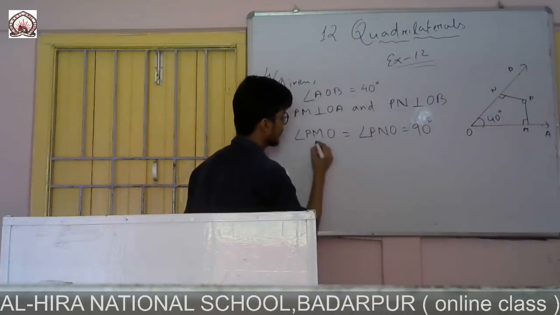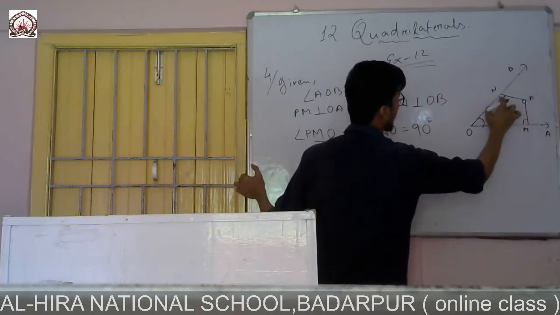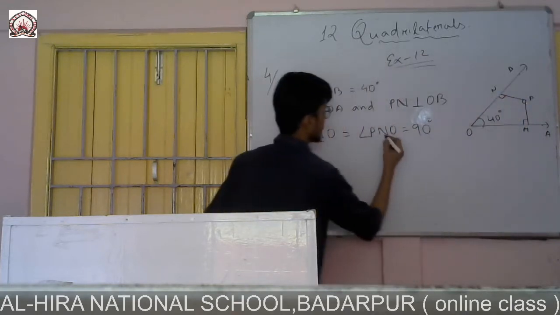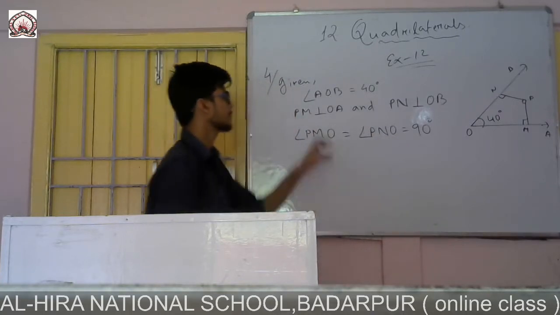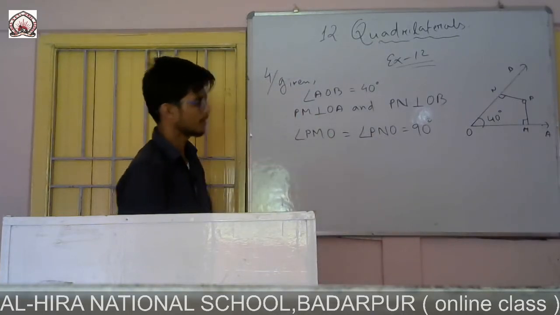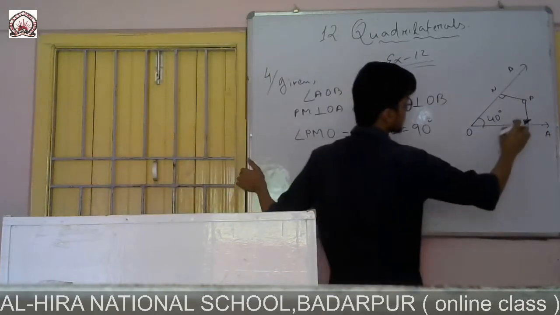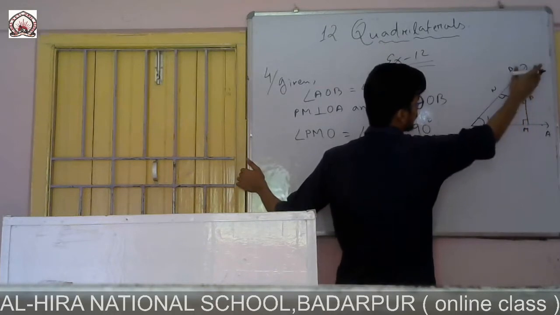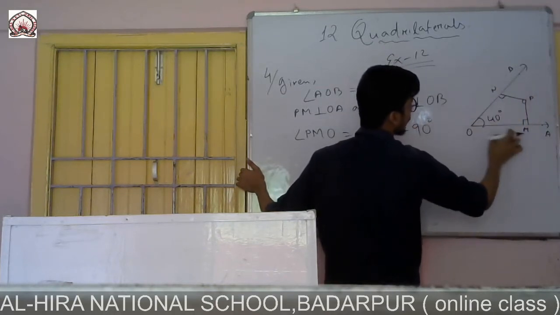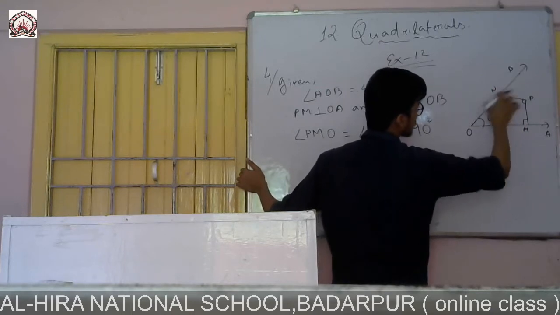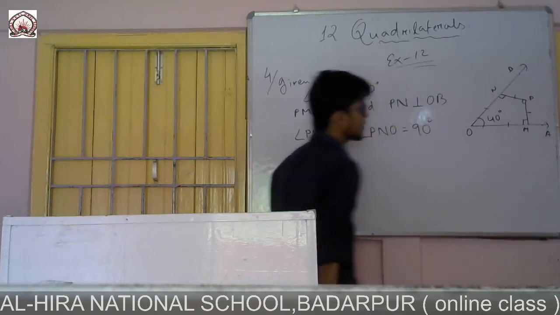Always remember the middle one is the angle. Here M is 90 degrees. In PNM, that means angle N is 90 degrees. So both of them are equal to 90 degrees, and we can write this from this line. Now you see this is a quadrilateral. If I forget these other lines, PNOM has one side here, another side this one, another side this one. There are 4 sides, so it is a quadrilateral.